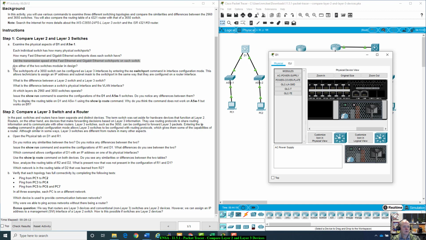All right, are either of the two switches modular in design? Well, yes, this one's modular, and this one, if you looked at a picture of this on the internet, all 4 of these SFPs would be unpopulated. This just has 2 SFP plugs plugged into it. All right, this one has RJ45, but you can also plug in fiber connections there